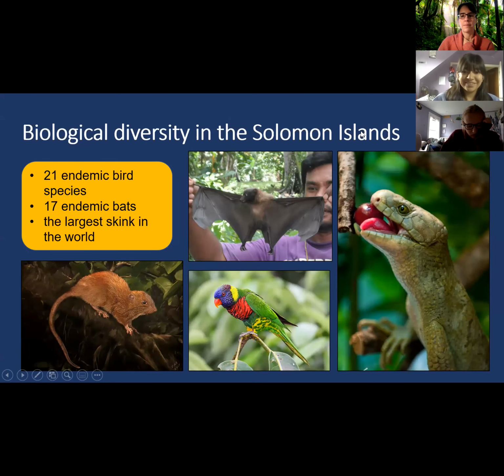Here's just a quick look at some of the biodiversity. There's 20 endemic bird species, including this little one, the rainbow lorikeet. There's 17 endemic bat species, really important, of course. Most of the native mammals on the islands are bats and giant rats, which sounds terrible, but not, since bats are so amazing. But these rats down here, this is a rat species that was recently discovered about 10 years ago, and they get up to a foot in length,